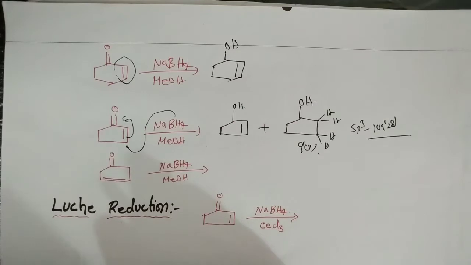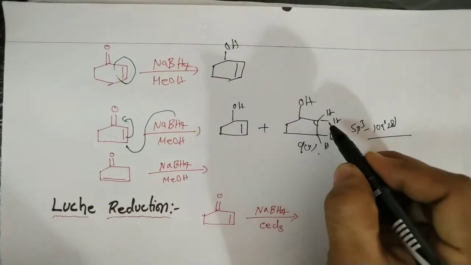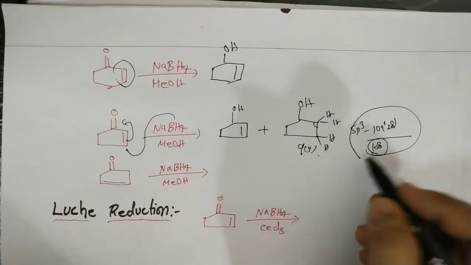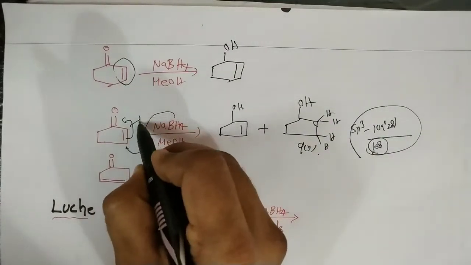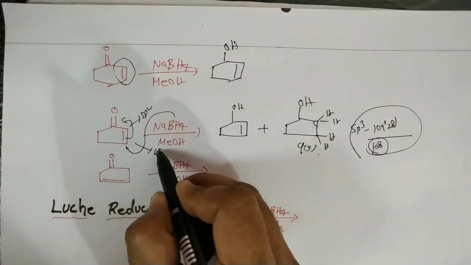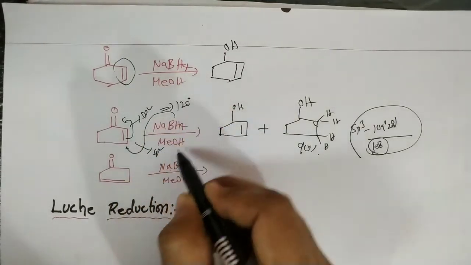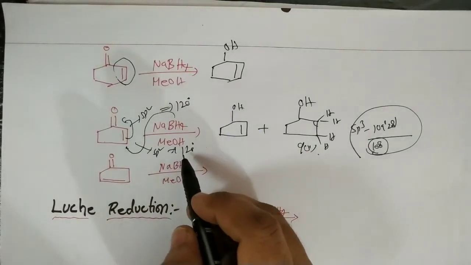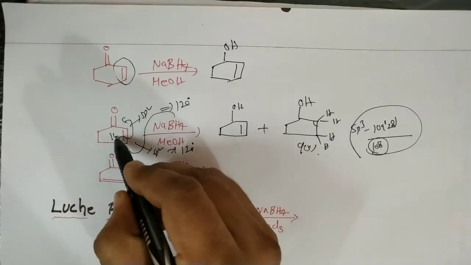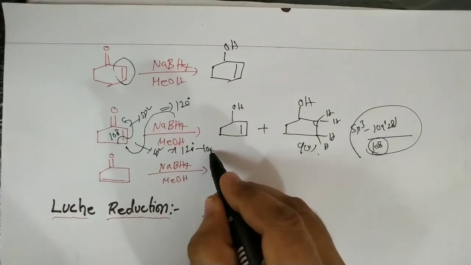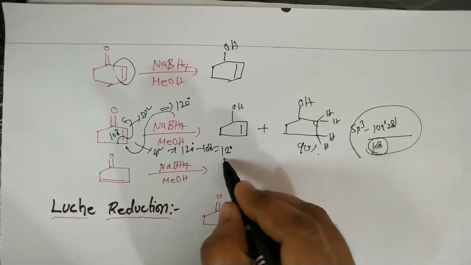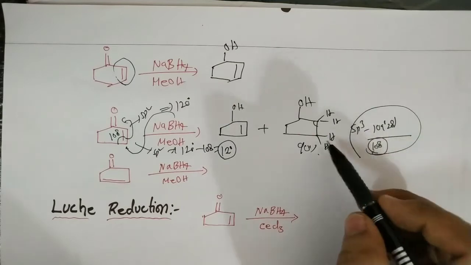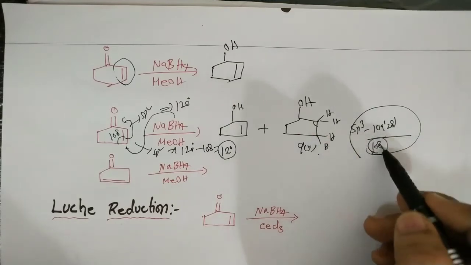28 minutes. Here the internal angle is 108. For a pentagon the internal angle is 108, so the angle difference is almost negligible. But in this case, this carbon is sp2 and this carbon is sp2, meaning 120 degrees. So with sp2 at 120 and an internal angle of 108, 120 minus 108 gives a 12 degree difference. Now after reduction there is a smaller angle difference, almost negligible.